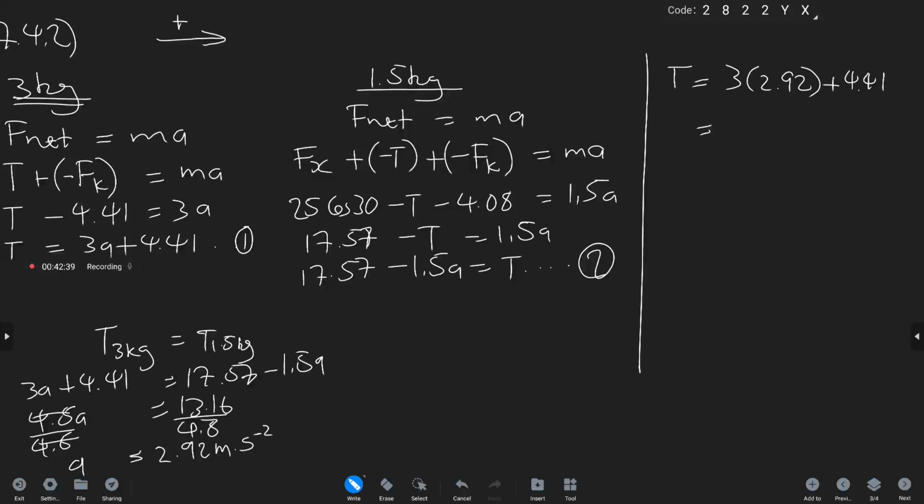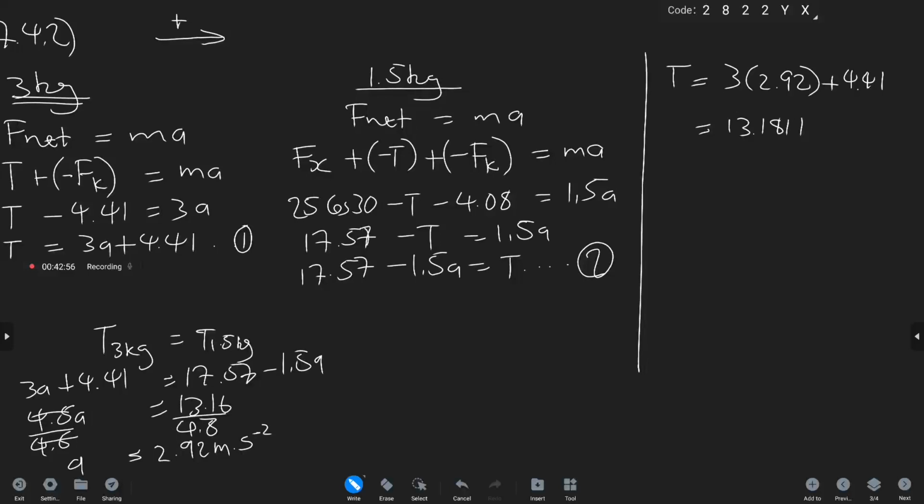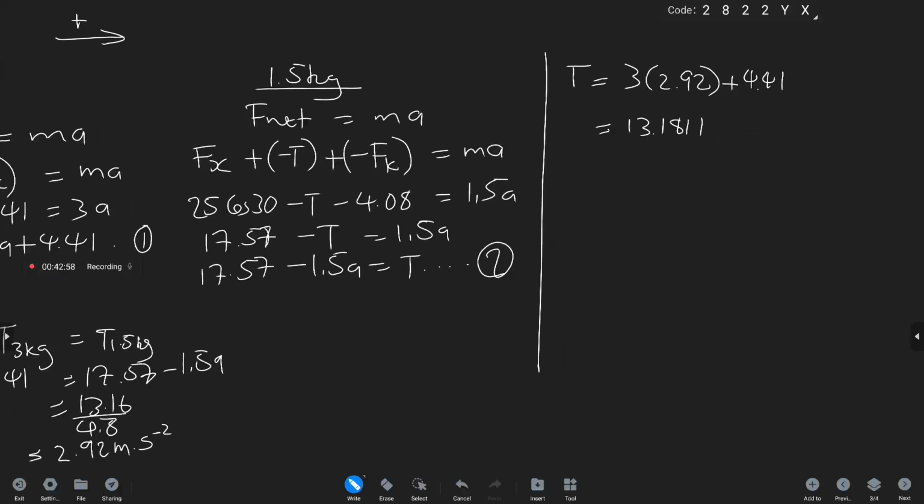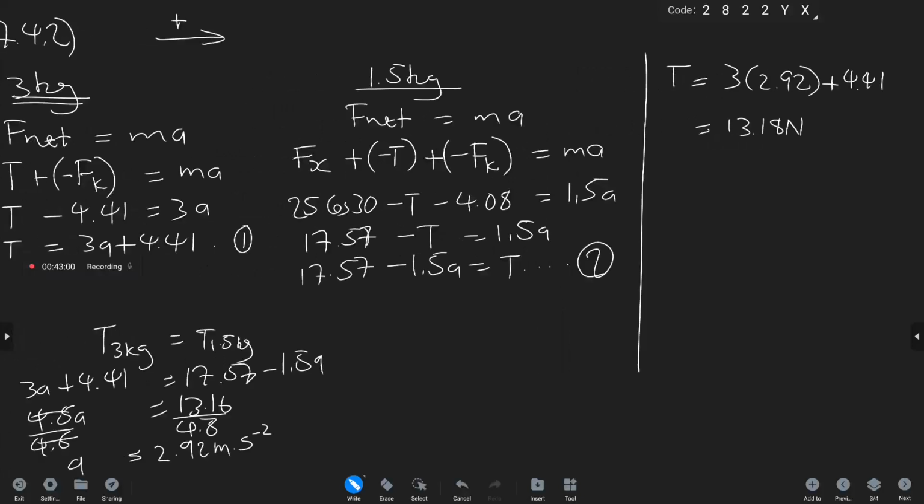If we simplify this further, you'd find that the magnitude of the tension connecting the 3 kg block and the 1.5 kg block from your calculator is 13.18 newtons. So this is now applying Newton's second law of motion, which we didn't discuss in depth, but then